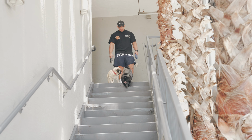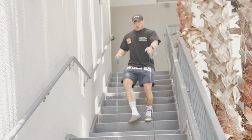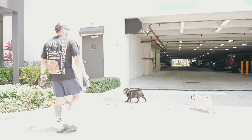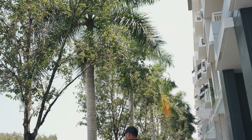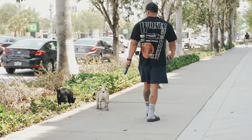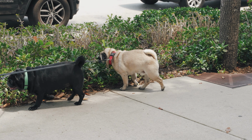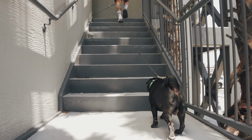And yeah, let's go. Okay, so since I have these 2 pugs, I set a goal for walking them at least 3 to 4 times out of the day. In the morning, I typically like to take them on a good 10-15 minute walk, so they have a good kickstart to their day, and then I go ahead and wait for that fat burner to kick in, and by the time I get back into my apartment, I'm ready to go and do cardio. So I'll take these dogs up for